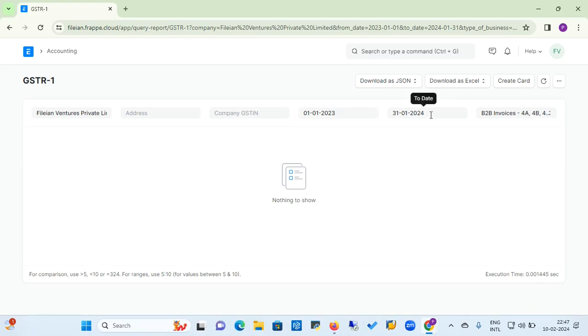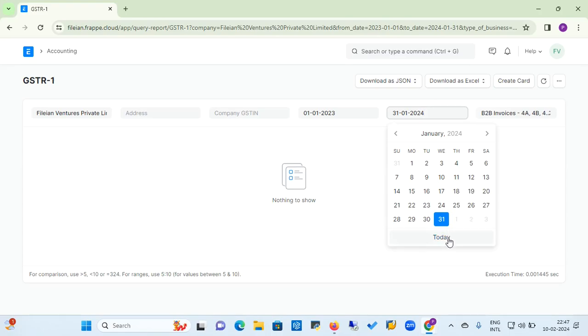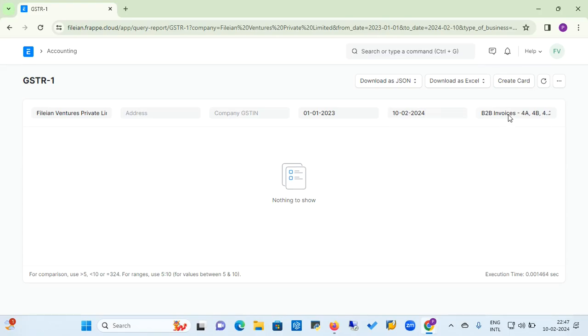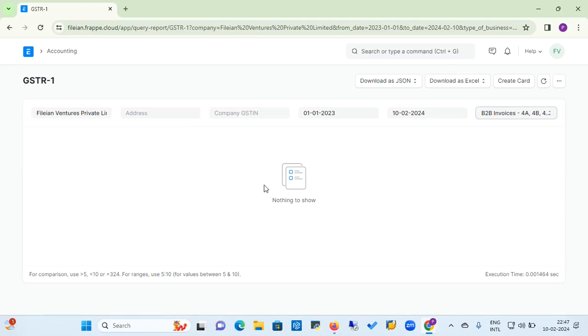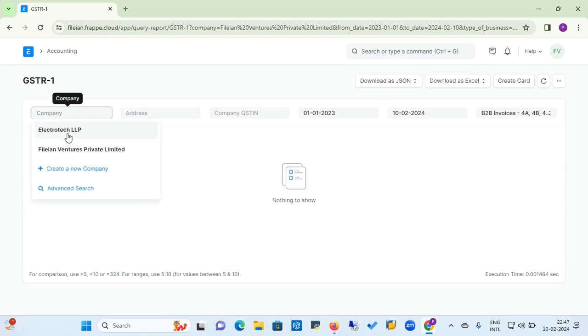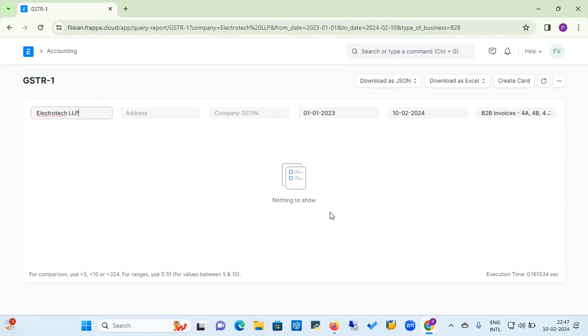from 1st January till date, or today. And if you select a particular report, then if data is available, the report will get generated. Here, if you select another company, you can select any company which is registered in this ERPNext. So here if I'm selecting, or any GSTN-based report is generated, then that transaction will get reflected into the GSTR1